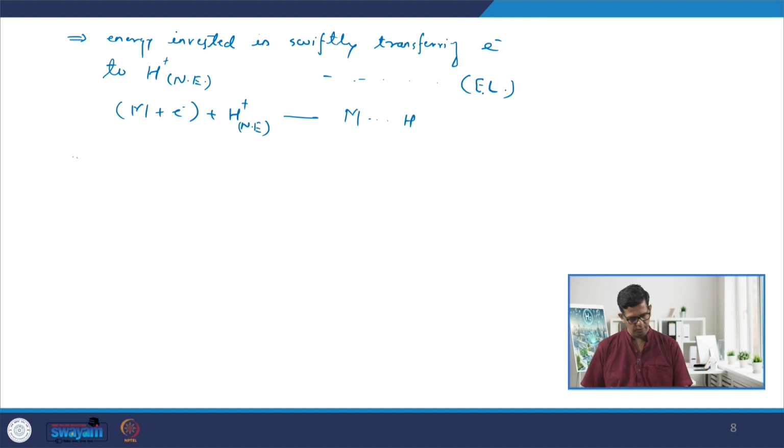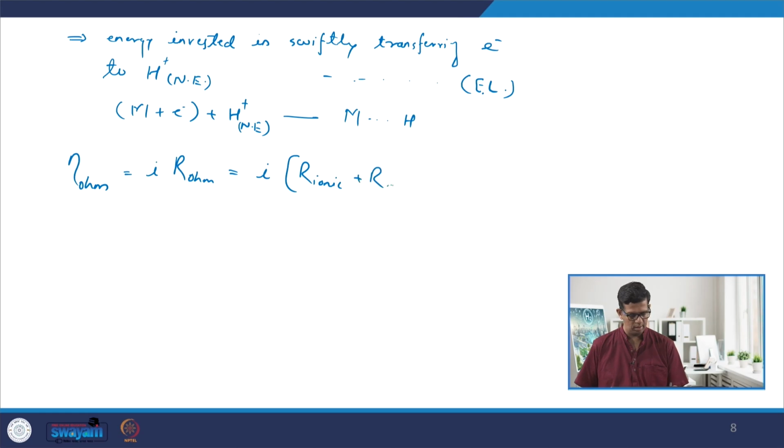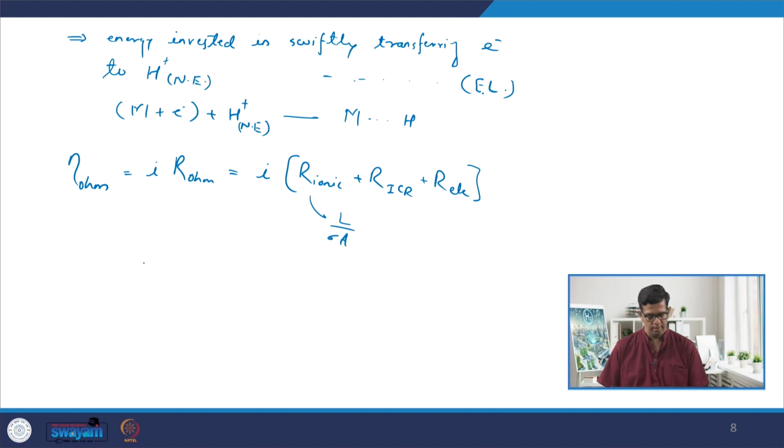And in case of ohmic resistance, we have seen that it is I times R ohmic, which can also be written as I times the sum of R ionic plus contact resistance plus electrical resistance of individual components, and we know that ionic resistance is nothing but L by sigma A. So in other words,